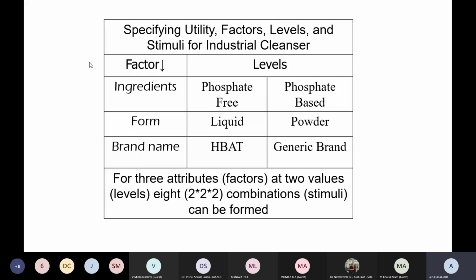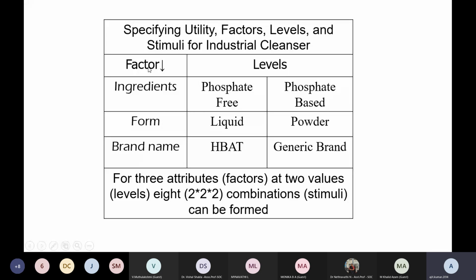It could be lead free, it could include lead. Now possibly lead free petrol is a must by government regulation, but otherwise it was not necessary some time ago, a few years ago. And form, whether it will always be liquid; instead of form, we can think of some other thing. Then brand name, whether it will be from HP, Reliance, or Indian Oil. Likewise, we can keep on increasing the levels here. For simplicity, I have shown just 2, but you can keep on increasing levels.